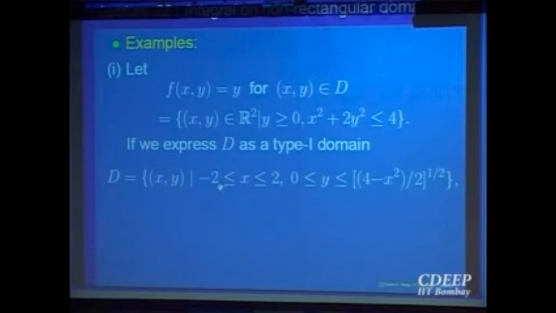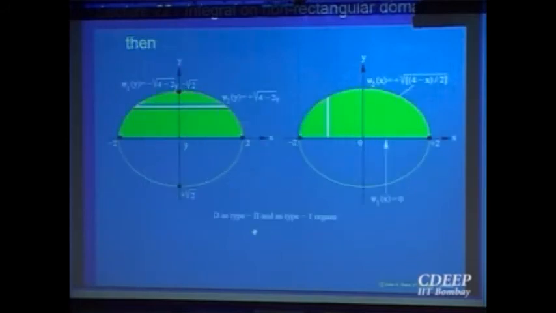x goes from minus 2 to 2, x goes from a to b, y goes from phi 1 of x to phi 2 of x. Once that is known, the function is given, I just have to integrate one variable at a time. So integrate with respect to y between these limits. So this is what it says, okay. So between minus 2 and 2, and it goes from,